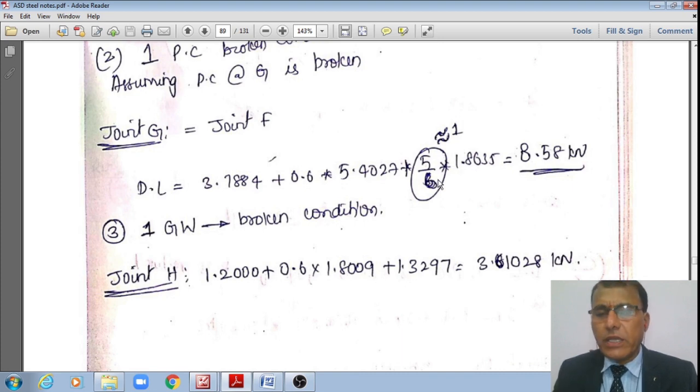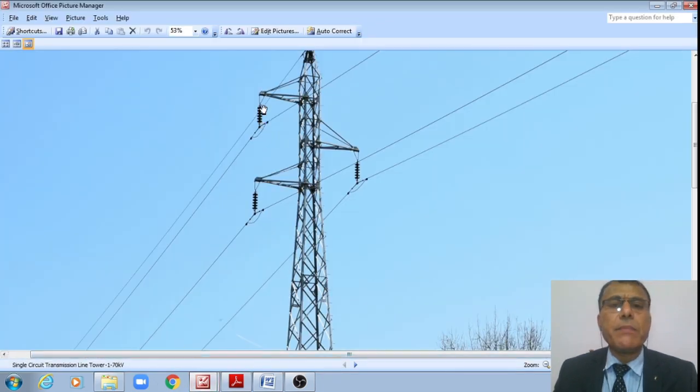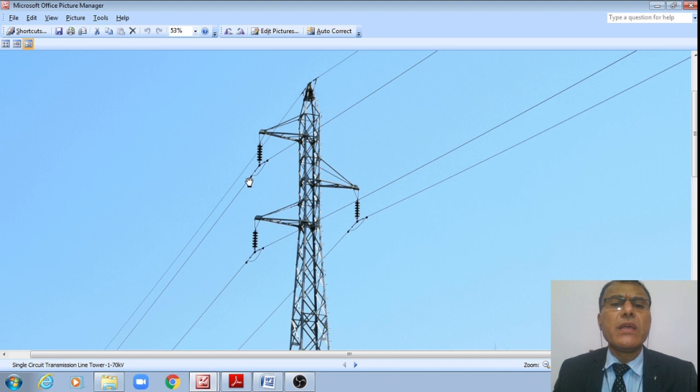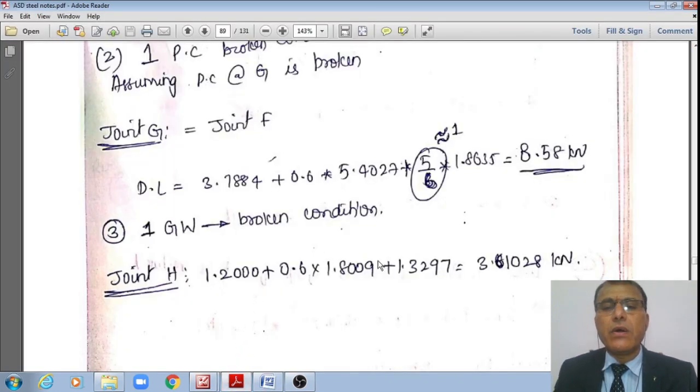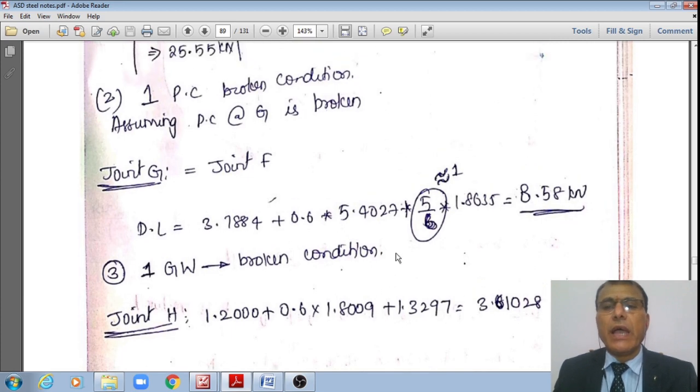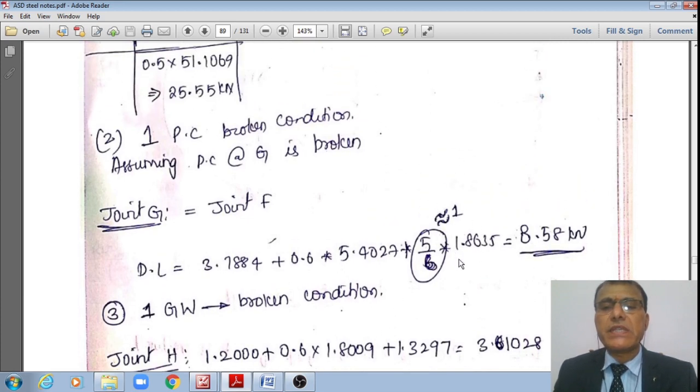However, even now I can assume that if the top power conductor is broken like this, one moment student, right? If the top power conductor is broken here, this is not there, therefore this is broken. Now what will happen is that the code says there should not be any reduction in that load, because now it will cause the torque about that. However, now let us see what I have calculated in the previous subheading